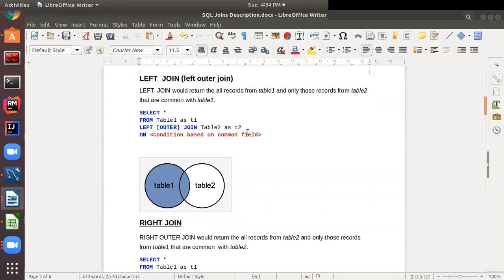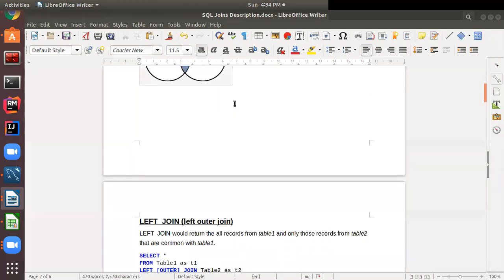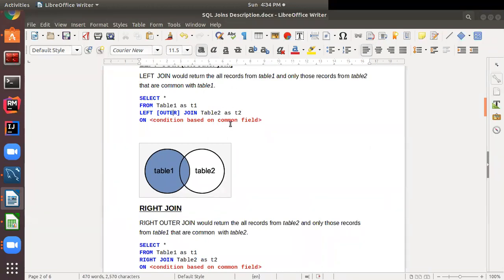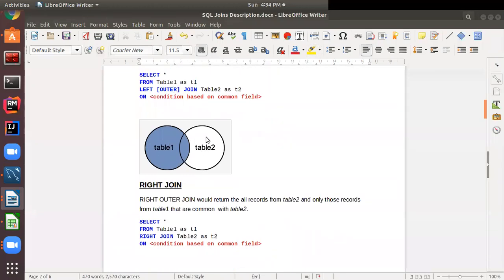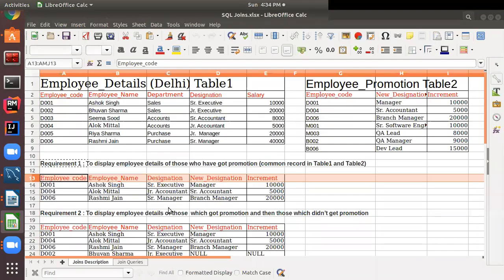The condition will be the same for my employee database for all three joins, that is T1.employee code equal to T2.employee code. As you can see from the diagram, it's clear what the output will be. Okay, let's do the practical and understand the requirement of the employee database. What's the requirement given in the Excel sheet?